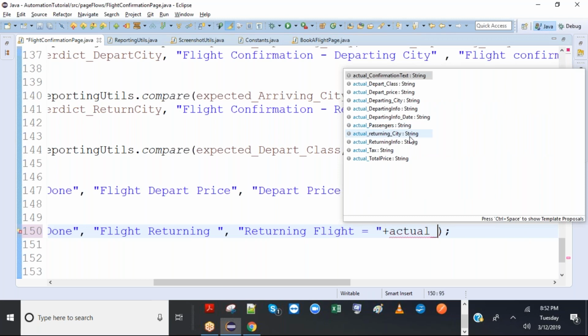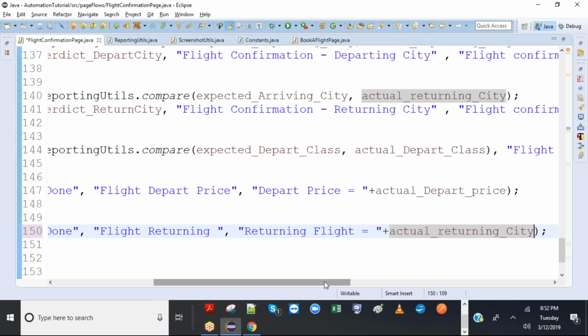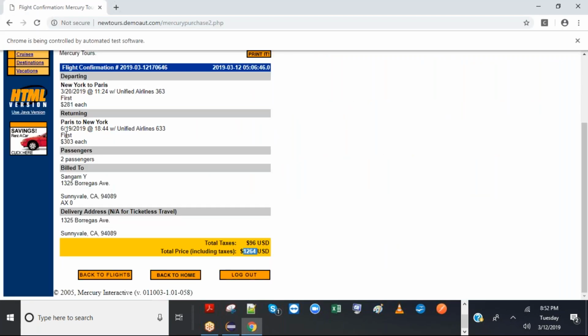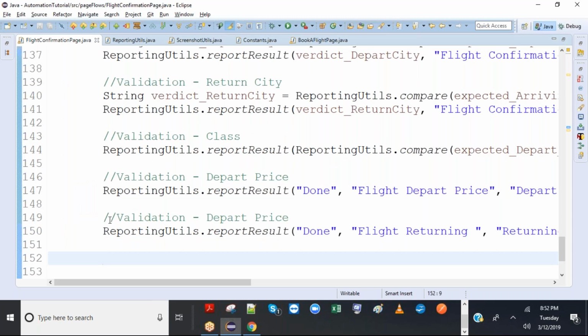We have to segregate. So let's see. Departing city has departing city and arriving city. So that arriving city is missing clearly. So we'll have to create it. And in the returning, there is where do you want to return from and where do you want to return to. So again, two cities, right? That clearly is missing here. So let's correct that later, once we run it. I don't want to take too long, just writing.